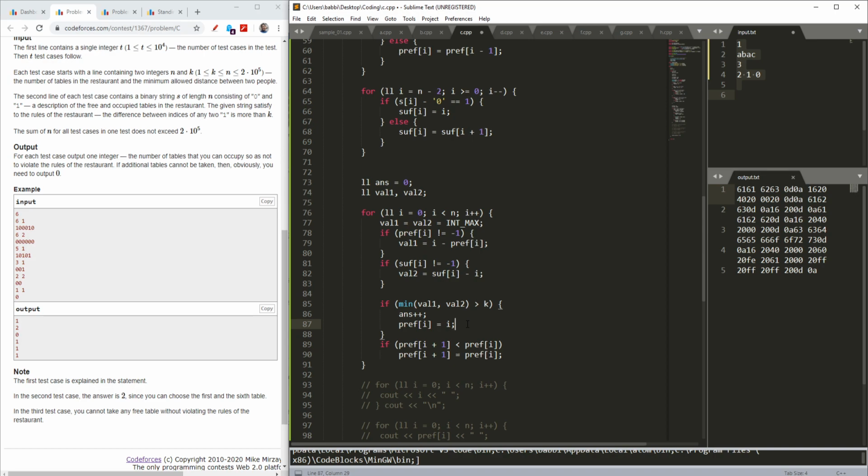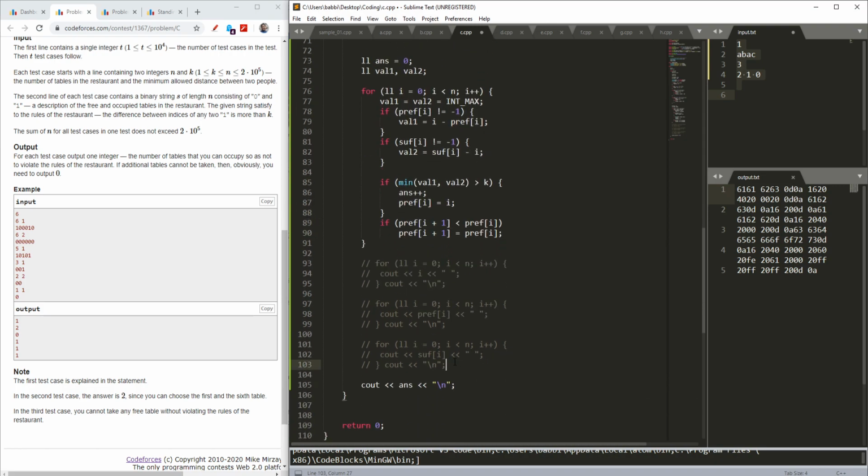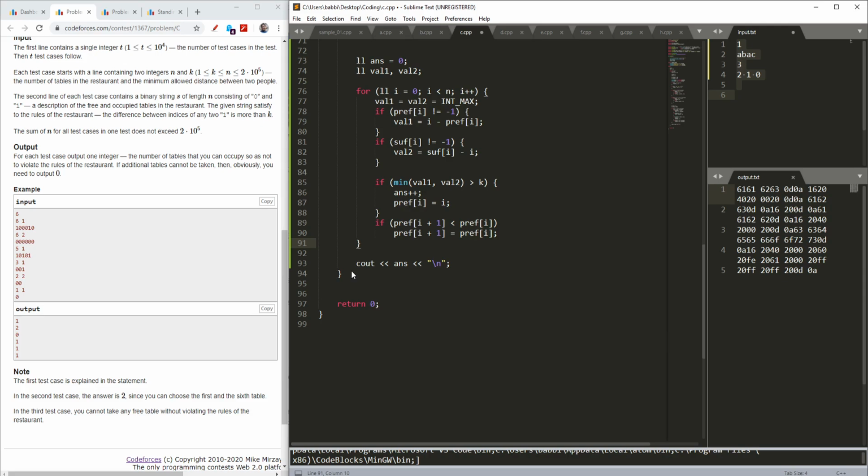And I will also update my prefix, because now the prefix will change because the 1 is occupied at this place. As I clearly said, at any step, if my prefix of i plus 1 is less than the prefix of i, then I will update my prefix of i plus 1 as the prefix of i. And ultimately I will have my answer printed.